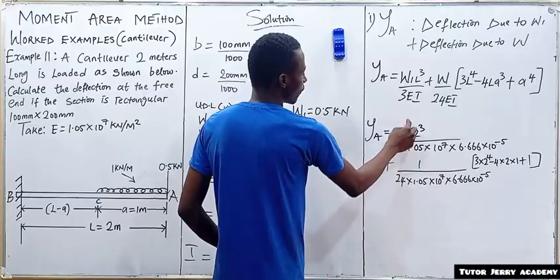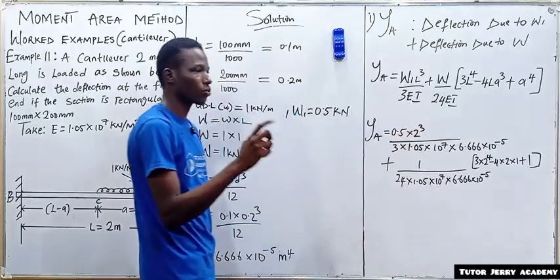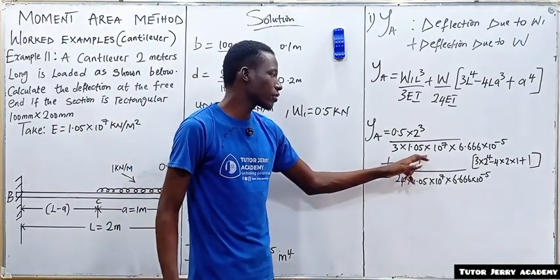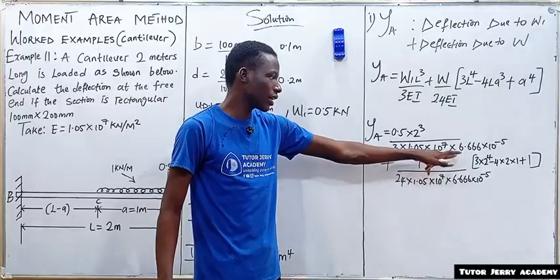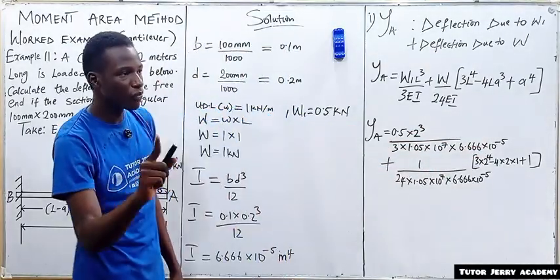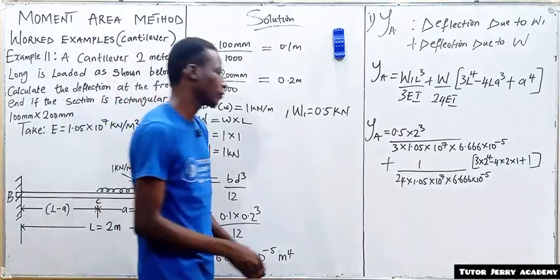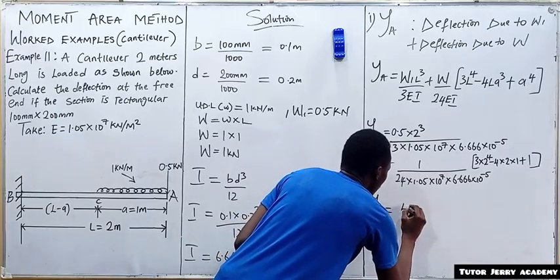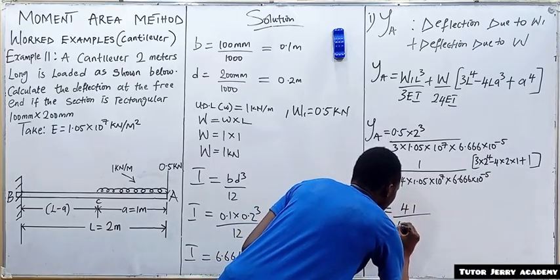That is, 0.5 times 2 to the power of 3 will give us 41, and 2 times 1.05 times 10 to the power of 7 times 6.666 times 10 to the power of minus 5 will give us 16798.32. All right. So YA will be equal to 41 all over